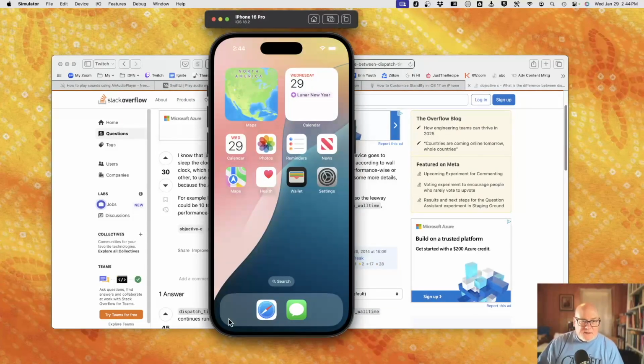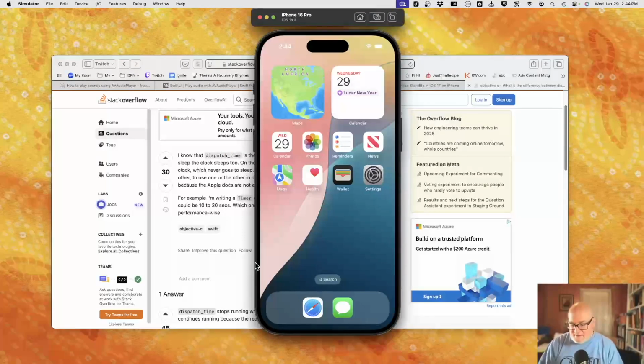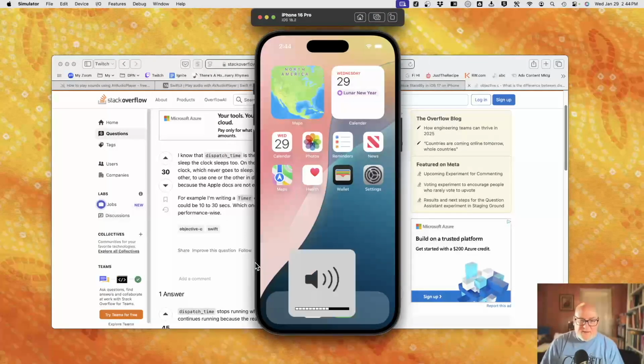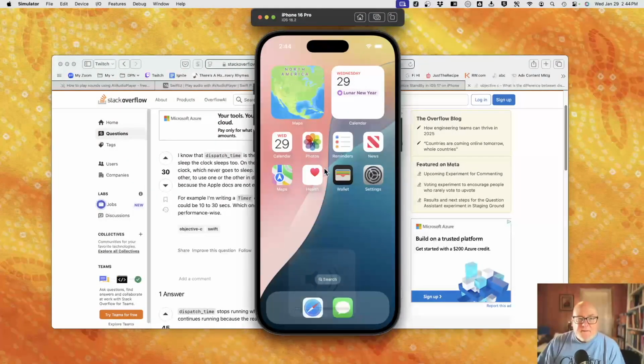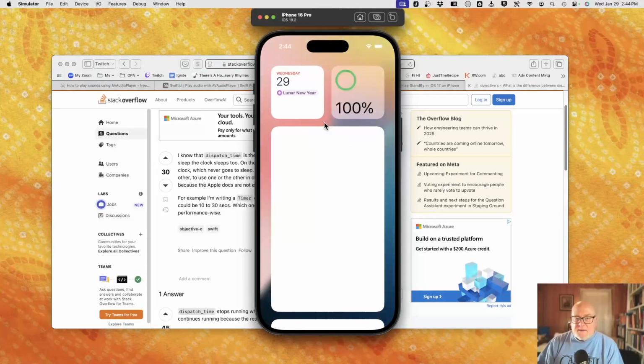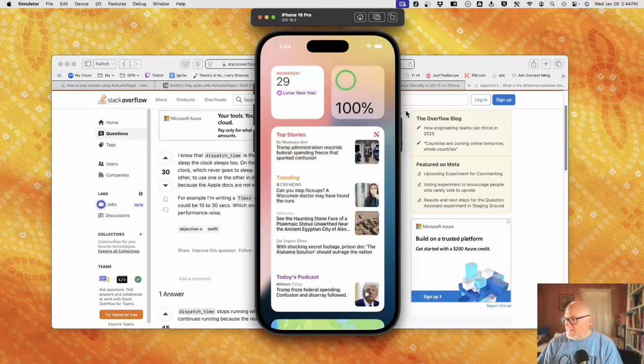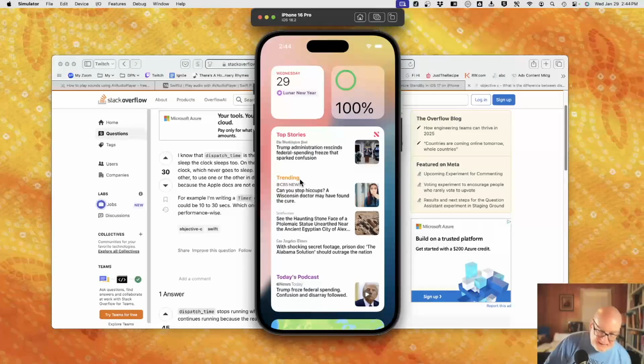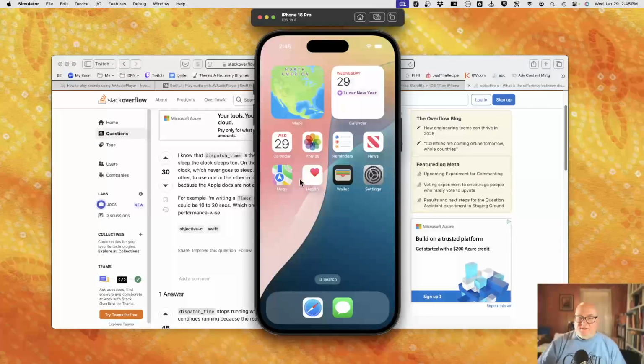I don't know where control center is. Okay, let me turn this down. How do I get the control center open? I'm not seeing that. Normally I flick in from the corner, but